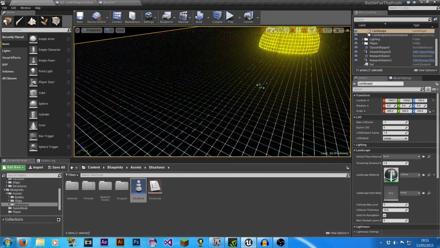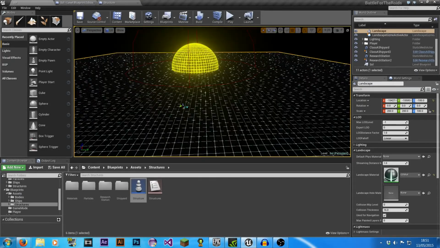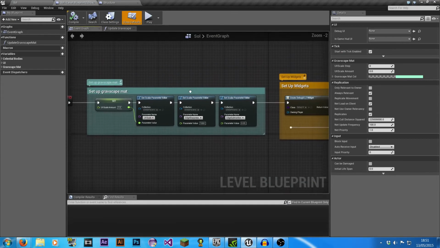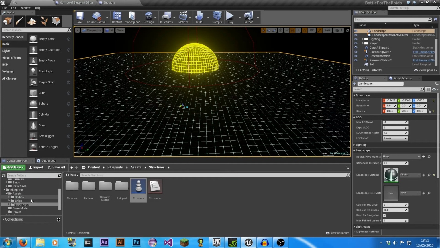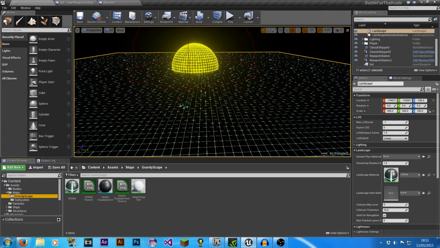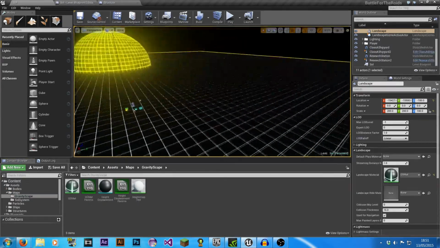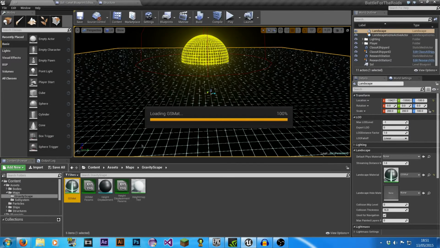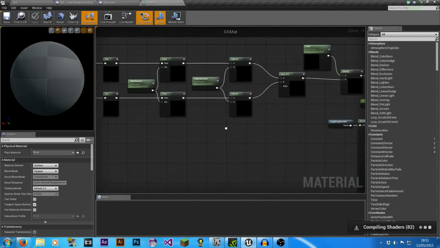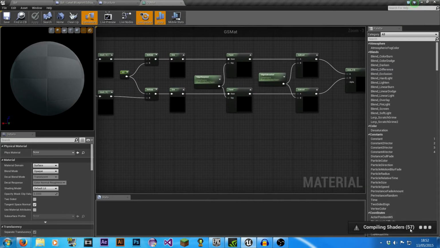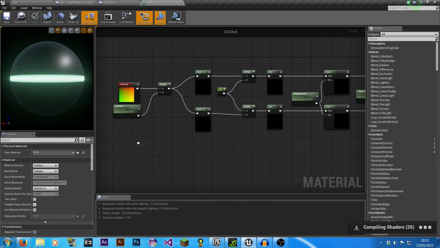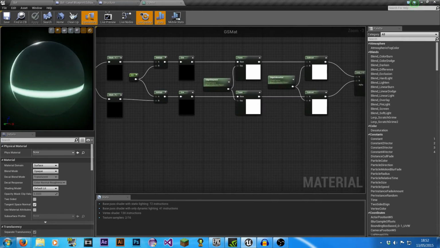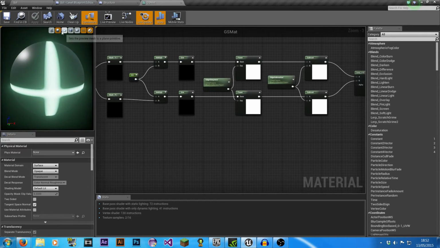But mostly what I've been doing is messing about with the landscape in order to make it work the way I want it to. So if I go into the gravity scape, which is this grid, the idea is this grid will roughly represent the gravity of the area. And so here, why does it always compile when I come into this? So we have our location, and then we do a bunch of stuff that kind of creates this line, which